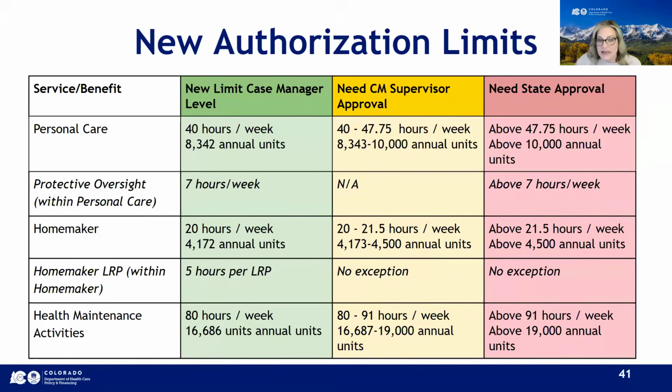Again, that second column is green. It lists the caps and limits that you as a case manager can authorize with no additional process or check to your authorization. Most members are going to fall into this category. The third column gives you the caps and limits that will need your supervisor to sign off on. These are full caps that we just discussed. When you need to authorize above that cap, above your task standard, you'll need not only the supervisor approval and sign off, but also a submission to the department if you're going to get up into that higher range above 10,000, above 7 hours, above 4,500, and above the 19,000 annual limits.